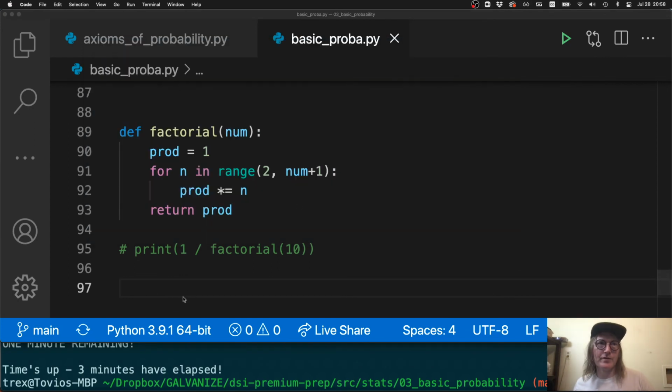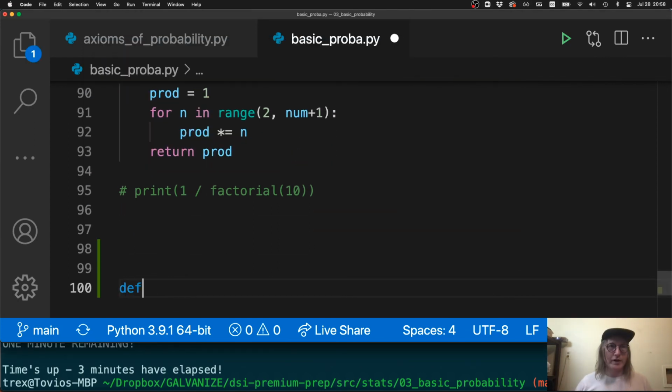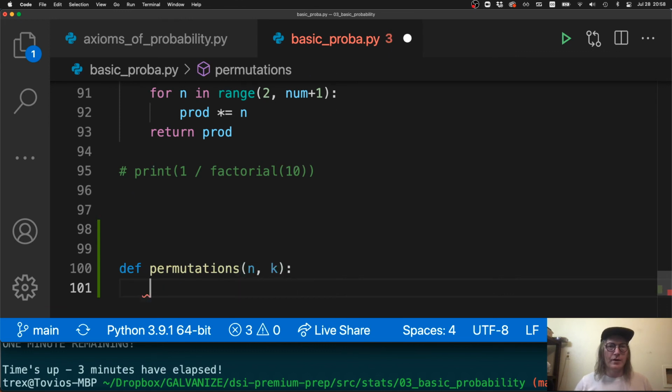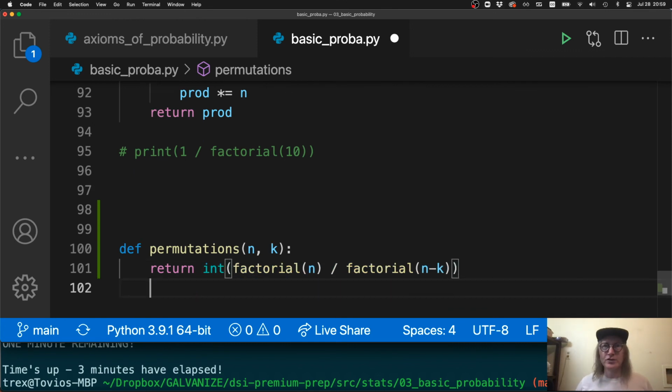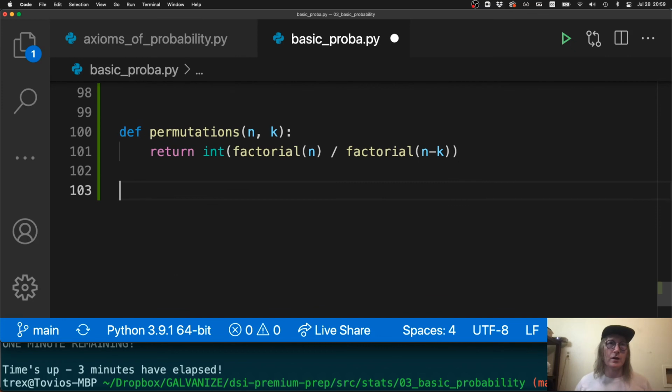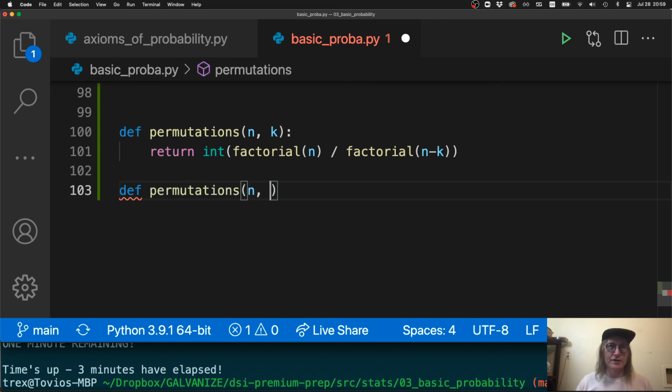All right, so I have very little time to write this, so I'll write it very quick. So permutations, n permute k. This is just going to be the return of that mathematical function. So that's going to be the factorial of n divided by the factorial of n minus k. I personally believe that you should cast this to an integer, given that it is a count. We're not going to have partial values. Let's see if I can code a different form of this that I think is a little more optimal,